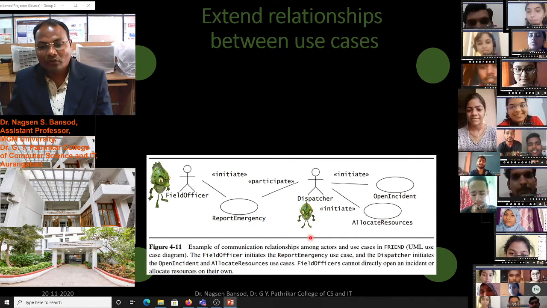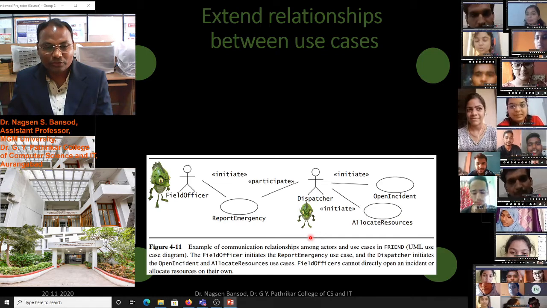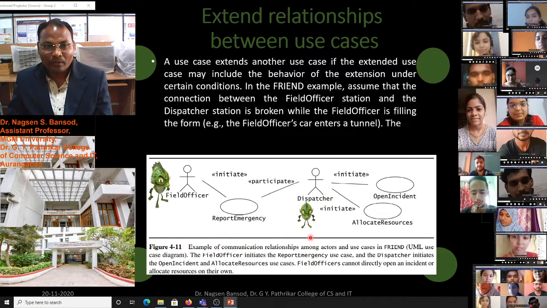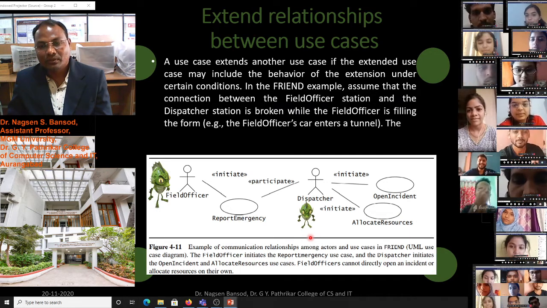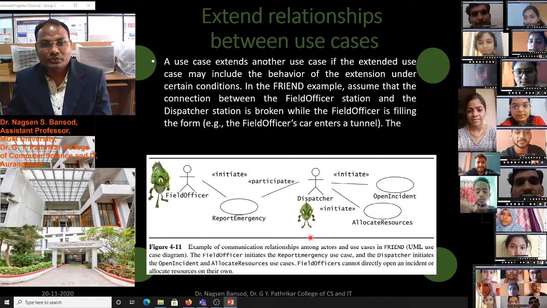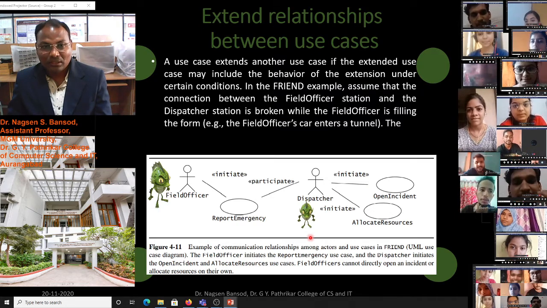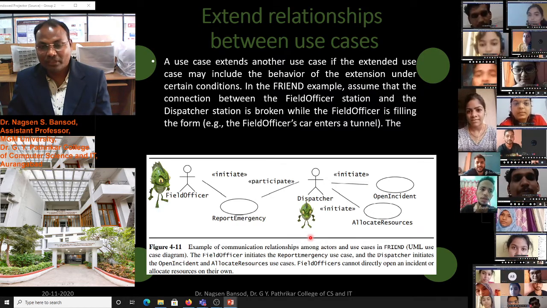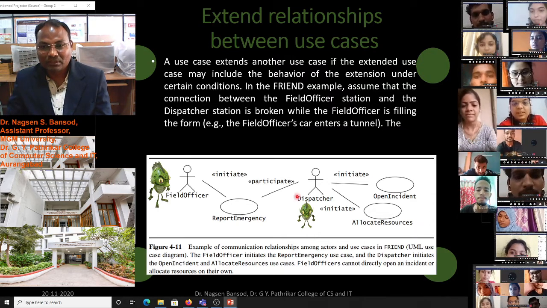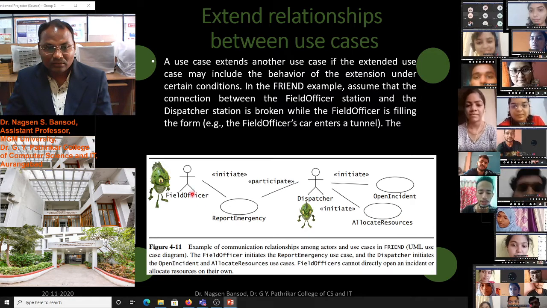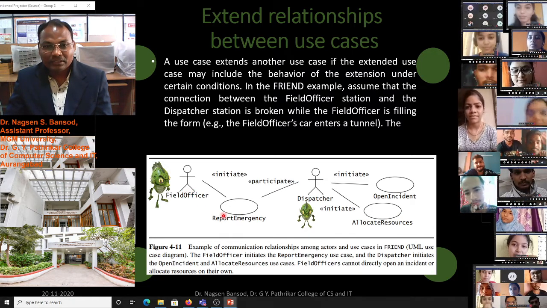A field officer cannot directly open the incident or allocate the resources on their own. A use case extends another use case if the extended use case may include the behavior of extension under a certain condition. In the FRIEND software example, assume that the connection between the field officer and the dispatcher